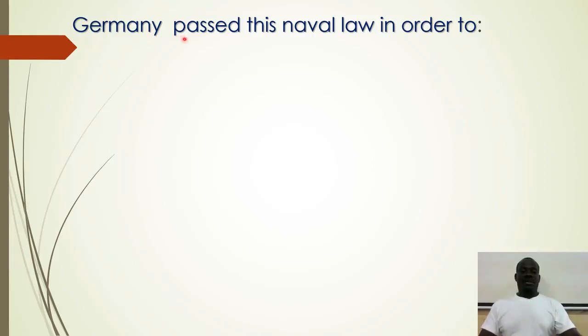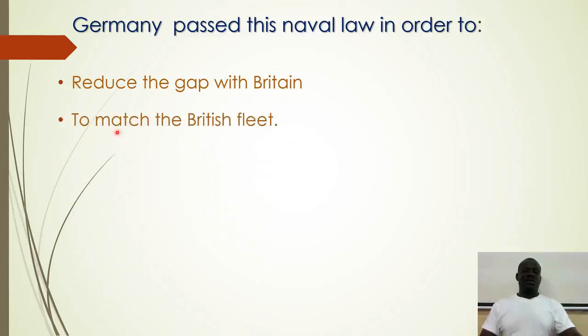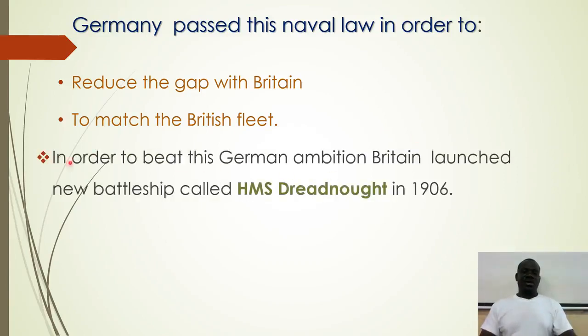So Germany passed this naval law for a number of reasons. Number one was to reduce the gap with Britain. They wanted also to have many ships just as Britain had, and also to match the British fleet. They wanted to reduce the gap, but if chances were there, they also wanted to be at par with the British fleet, so that the number of British ships should also be there in Germany. And also, in order to beat